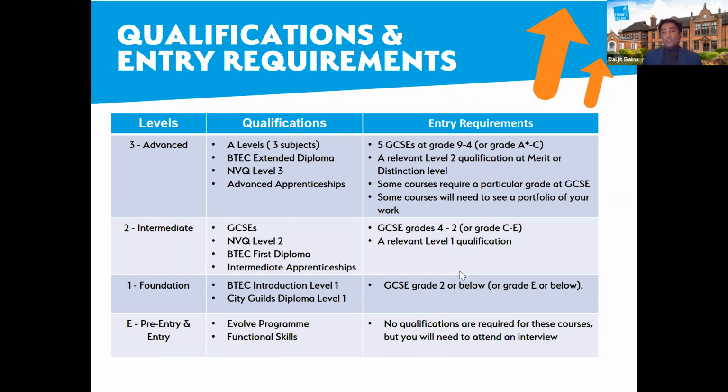Remember, this information is on our website. And if you're not sure where you are, it's always, as I said, go back to your research, go and speak to your teachers. They'll give you an idea. We totally understand right now that you may not have what we call target predicted grades. Some schools have been able to do mocks, and they may have given you some indication of your target or predicted grades. But a vast majority of schools obviously didn't have the opportunity,